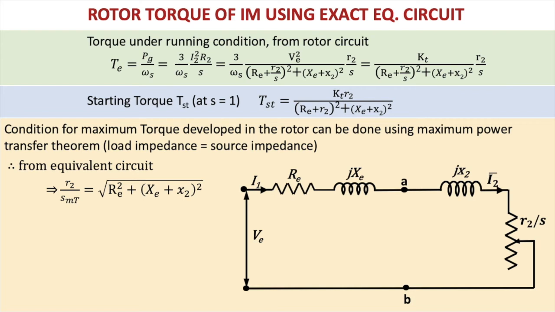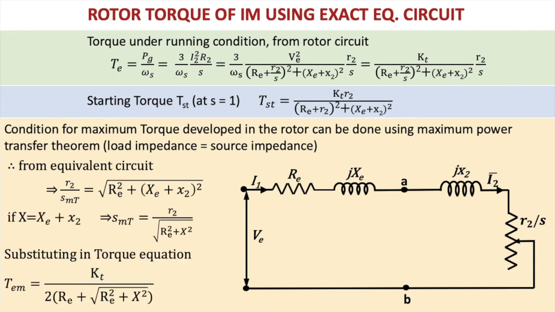That is, your R2 by S is the load. So when your R2 by S is equal to the stator equivalent resistance and reactance and the rotor reactance, then the power transferred to the load R2 by S will be maximum. So this is how we define the condition for the maximum torque with the help of the equivalent circuit, and finally you get the same equation, that is, the torque will be maximum at R2 by S equal to